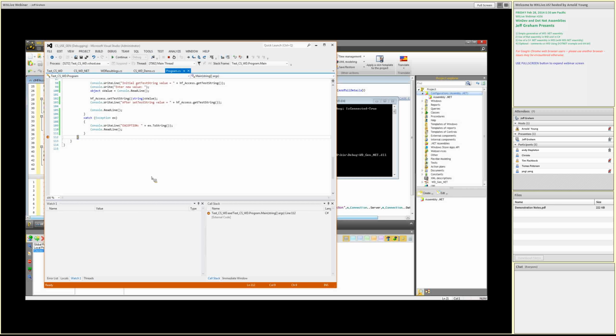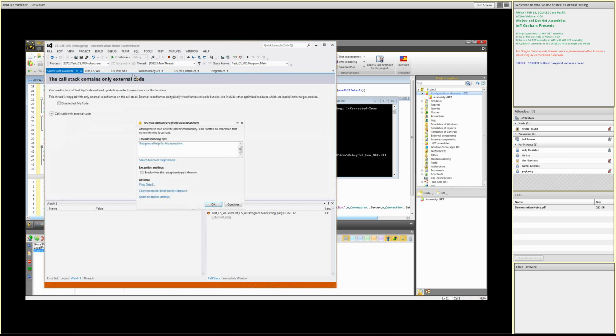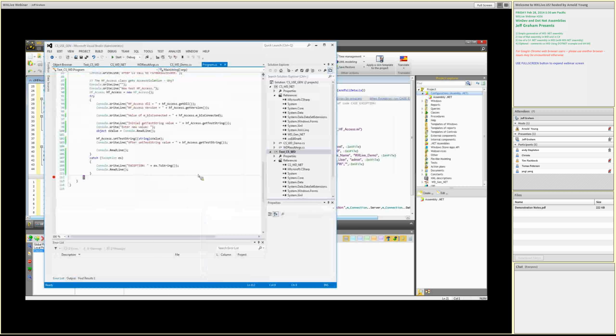Everything is fine at this point, and if you continue now, you'll get an access violation exception. This is saying that other memory is corrupt. This is something within WinDev, but it does not occur with the one class and it does with the other. And I have not figured out yet what it is. So if we comment out, just to prove that point, we comment out the use of this class